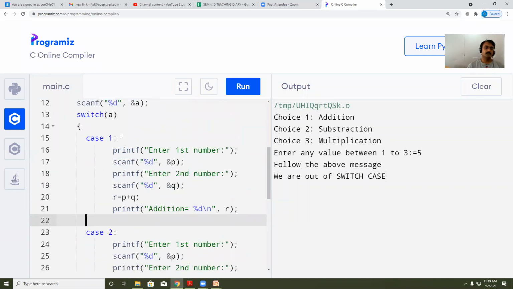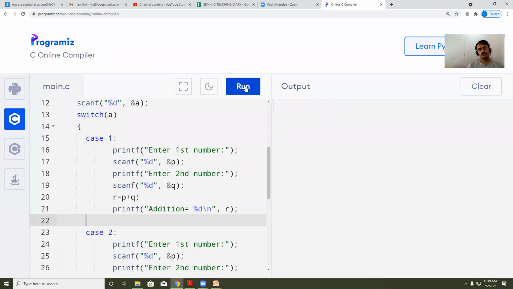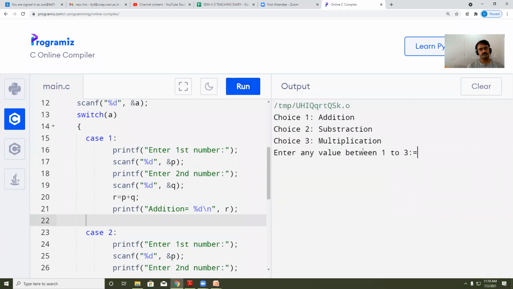And you need to give case 1 always. See, when I run the program, it asks me the choice. I will give 1. Case 1, see. First number 100, second number let's say 100.